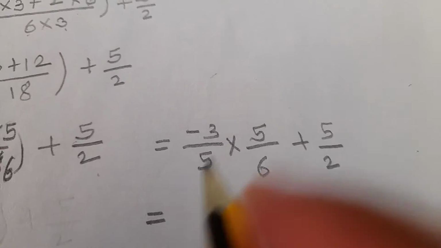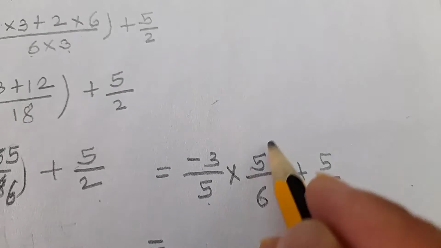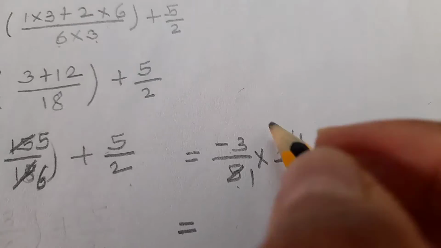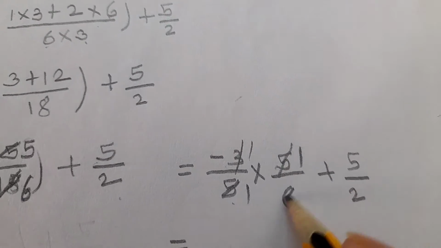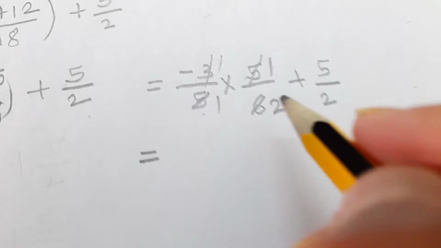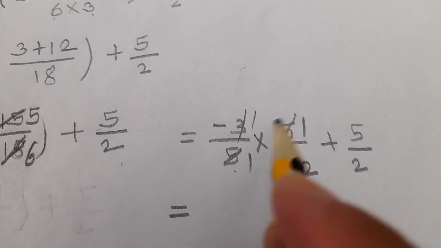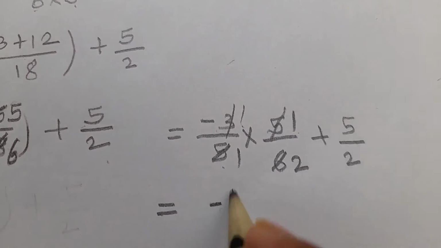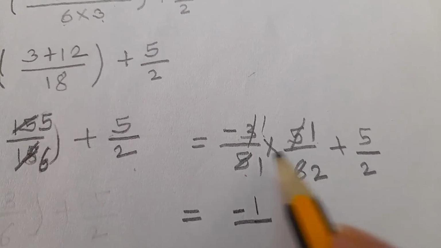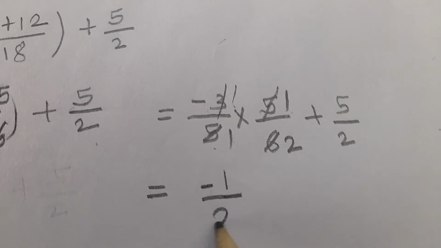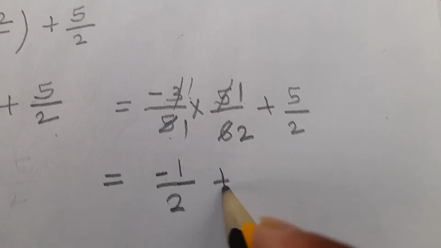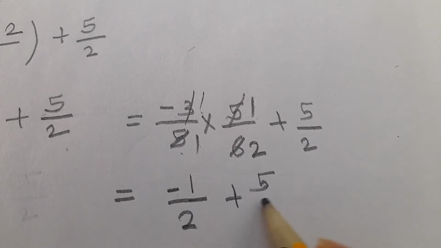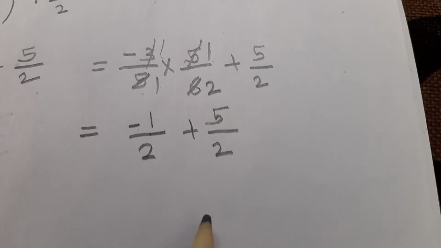Equal to, we can simplify here. 3 2s are 6. Therefore, minus 1 multiplied by 1 is minus 1. 1 multiplied by 2 is 2, plus 5 upon 2 as it is, equal to,